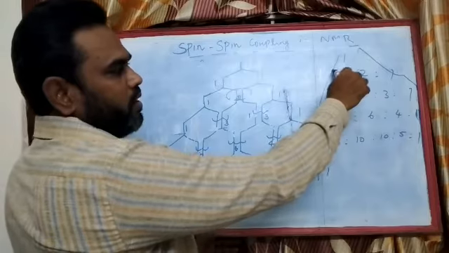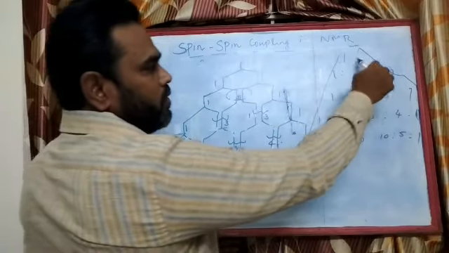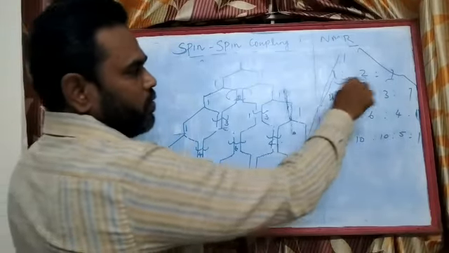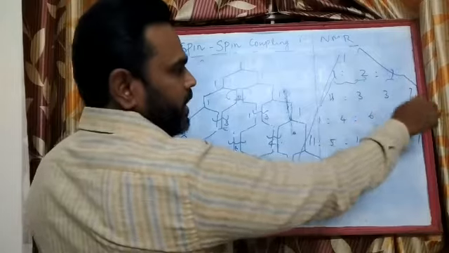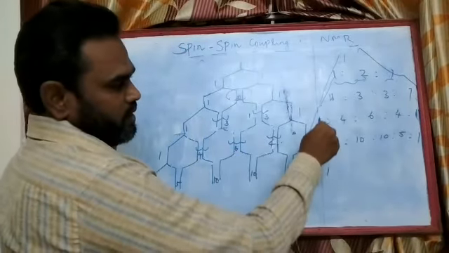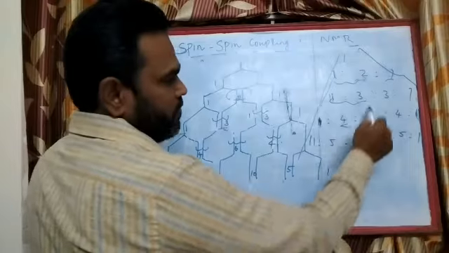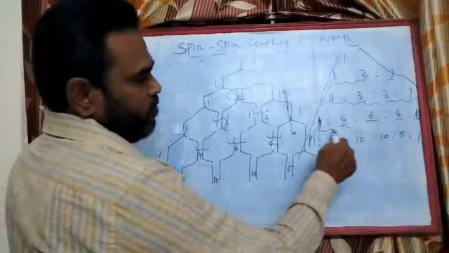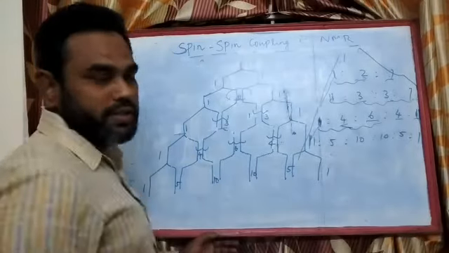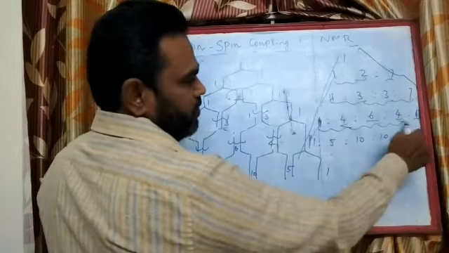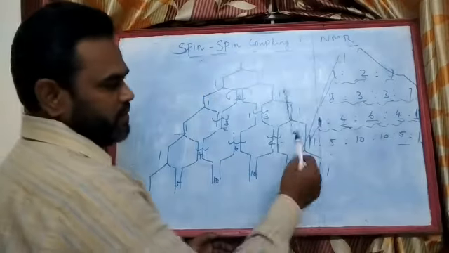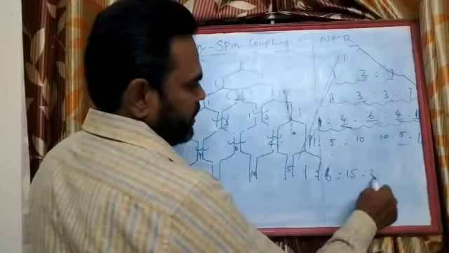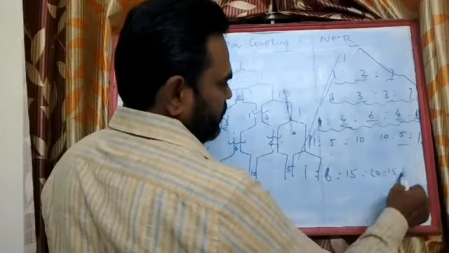1 by 1 plus 1, 2 plus 1, 3. Now we can combine this: 1 comes as such, 2 plus 1, 3, and 1 comes in the last. So now 3 plus 1, 4; 3 plus 3, 6; 3 plus 1, 4 and 1. Now 1 plus 4, 5; 4 plus 6, 10; 6 plus 4, 10; 4 plus 1, 5 and 1. Similarly, you can extend this: 1 is to 6 is to 15 is to 20 is to 15 is to 6 is to 1.